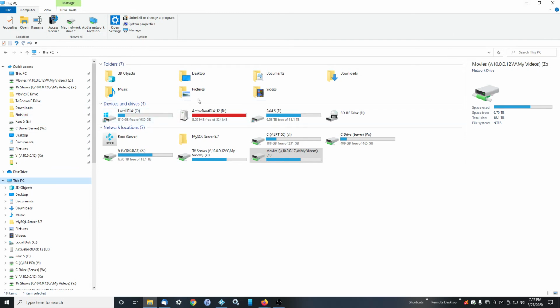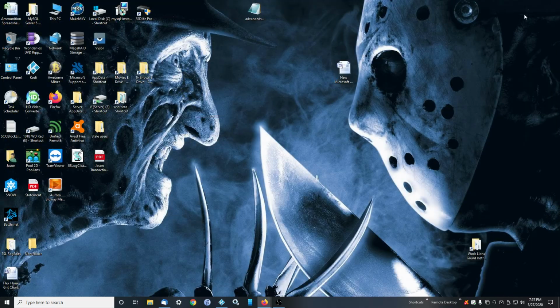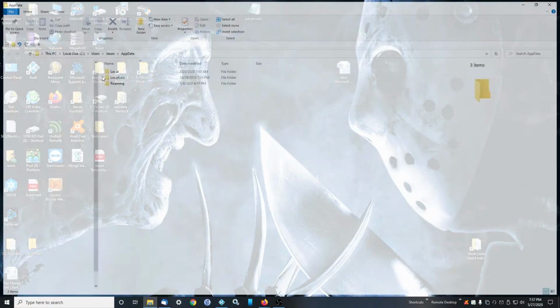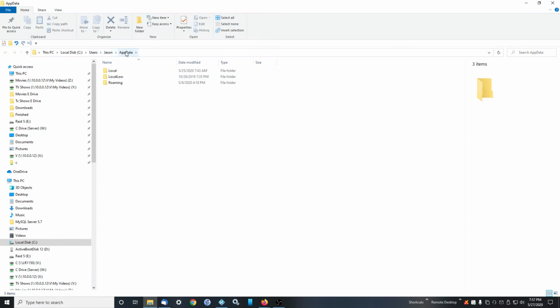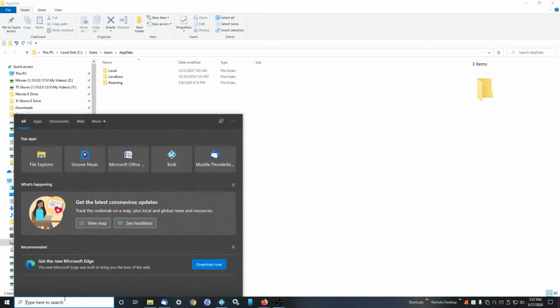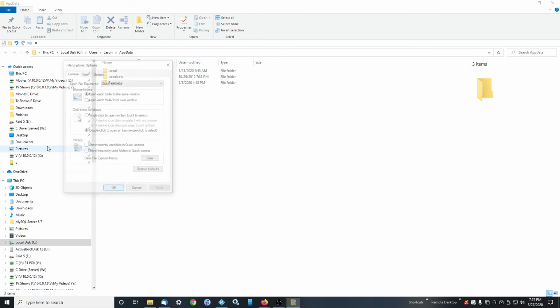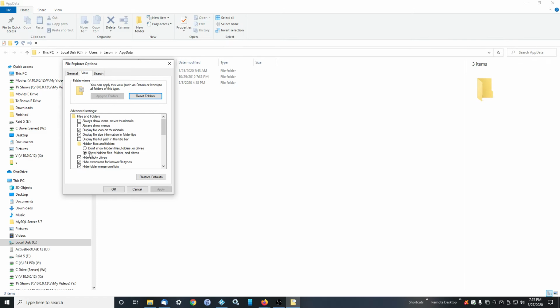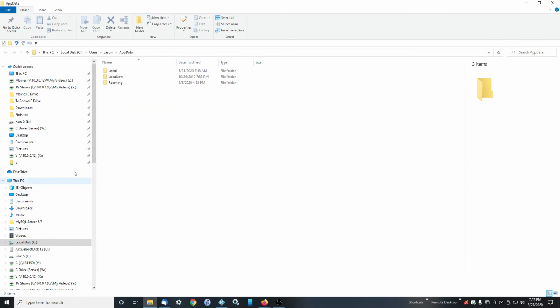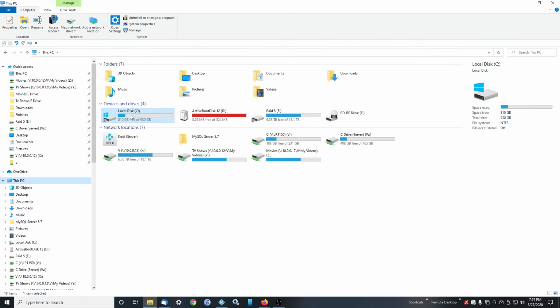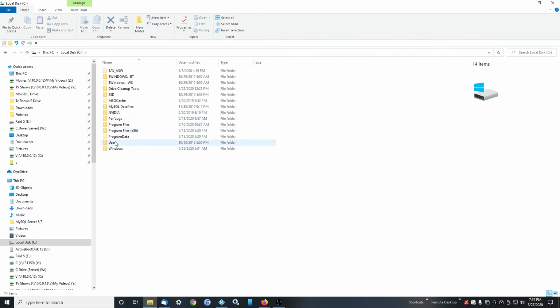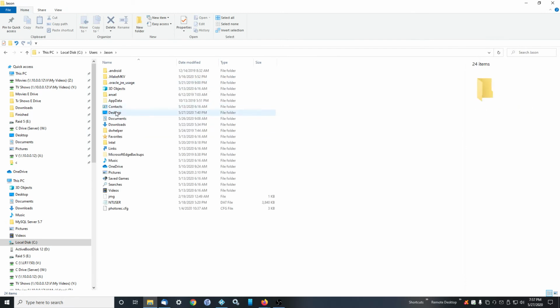A good example of that, let's go here. So first you need to know where your Kodi folder is located. It's located in your AppData folder. If you can't find this on your computer, you need to go here, type in folder or file explorer options, click on view, and click show hidden files, folders and drives, click apply, click OK. And then this AppData folder will show up, and how you get to that is the C drive, or whatever drive the operating system is on, users, your username, and then